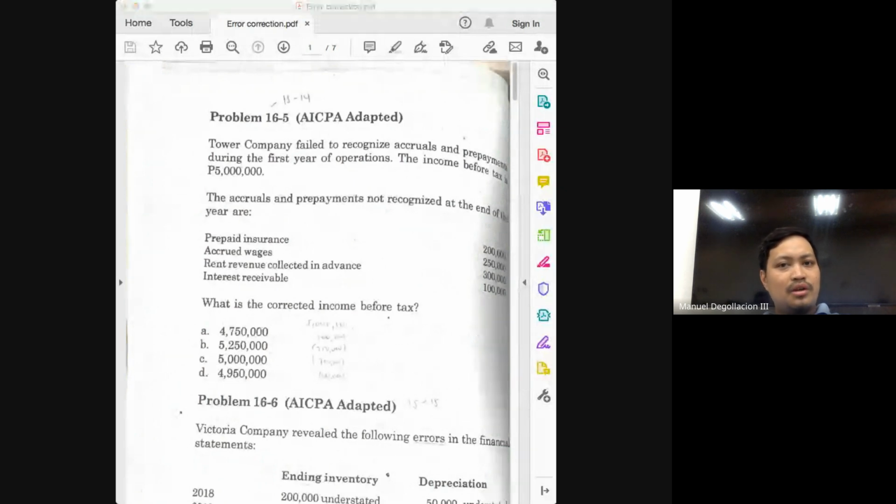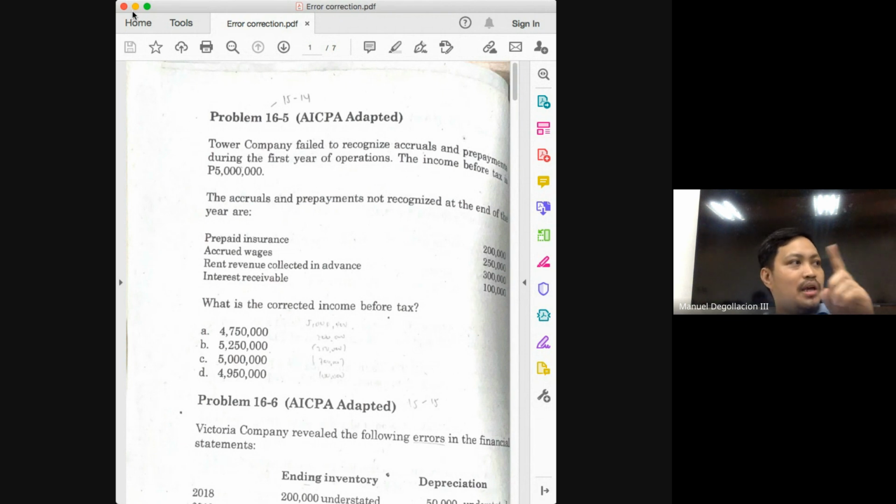More than anything, class, your understanding of what's happening is what is most important to me, class. Okay. So if the problem tells you that we failed to recognize prepaid insurance, indirectly the problem is telling us that the entity must have made payments before. Of course, an entry should have been made at that time. So the question now is, what entry was prepared?